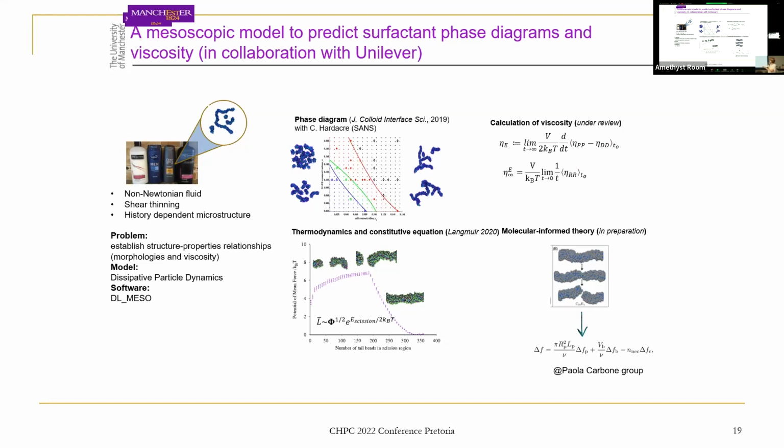And what we did here, we built a phase diagram using a bit of machine learning as well. So we told them the shape of these micelles. These are spherical. These, you see, are a bit elongated. These are very long ones, as a function of the concentration of the surfactant and also salt, which is another very important component of all these formulated products.